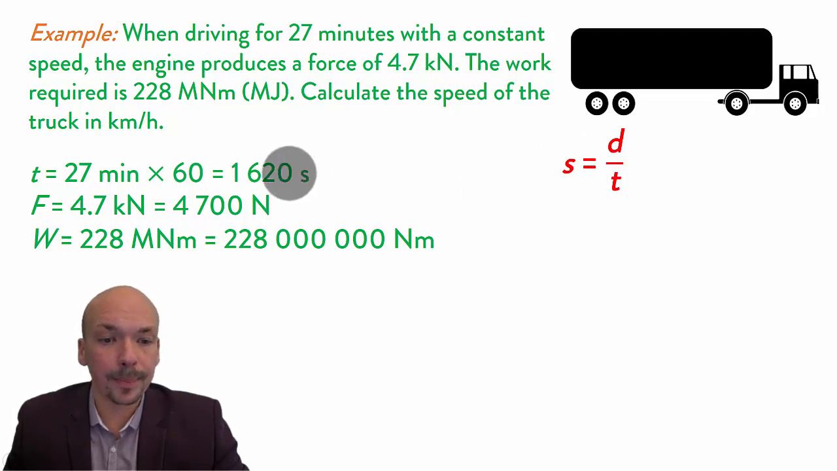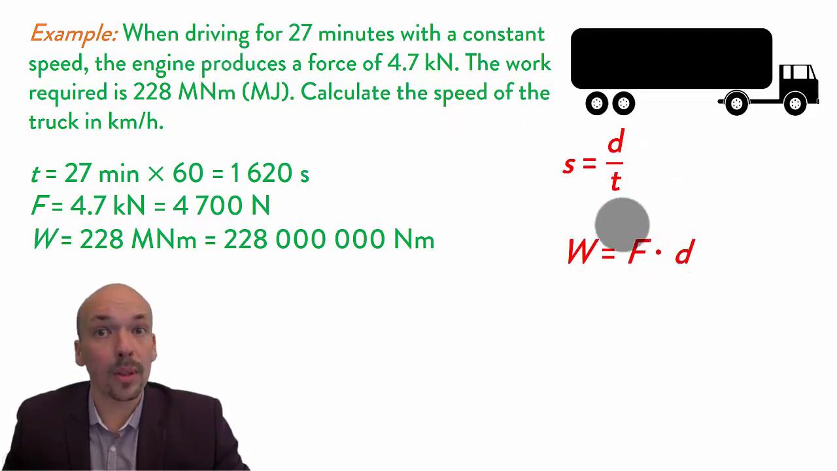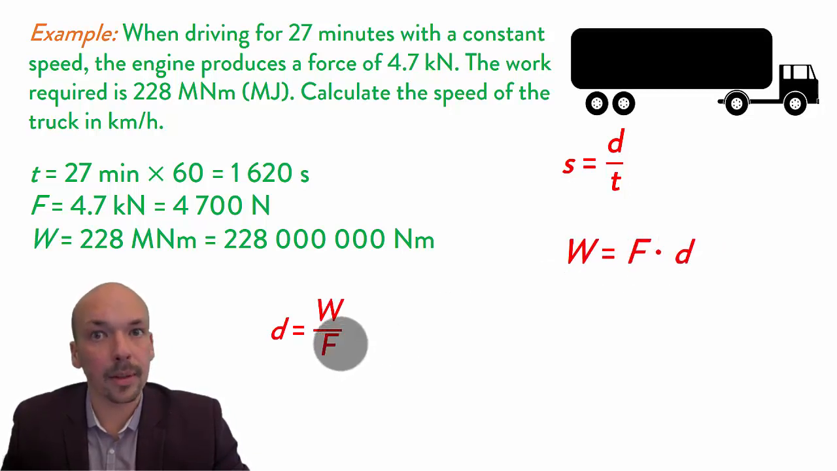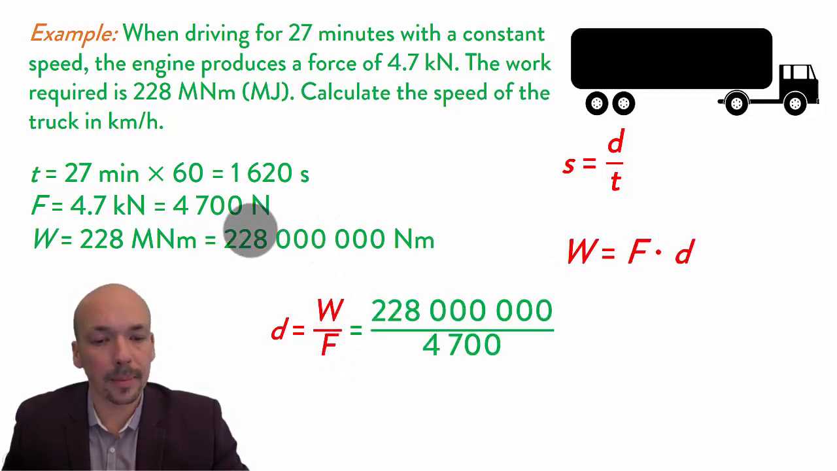We already have the time, so that's good, but now we also need the distance. We don't have the distance yet, but if we look at this equation, there's a distance here, there's a force here, which we already have, and there is a work here, which we have. So we can use this equation to calculate the distance, and then we can use this equation to calculate the speed, and then we have to go to kilometers per hour. So first we will use this one. We have to divide the work by the force to calculate the distance, so it looks like this. Put in the correct numbers, and we have a distance of